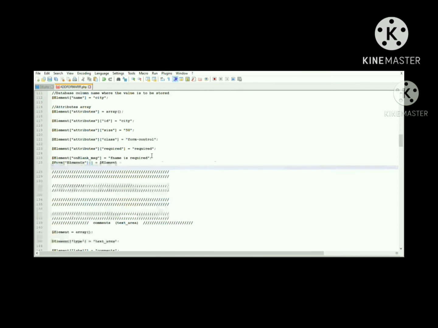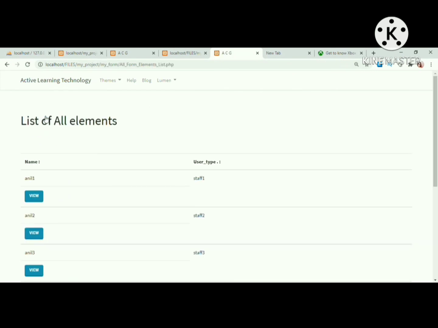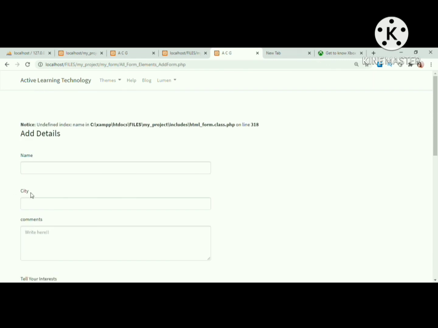And as city is required in the comment section. Now we upload it in the ACG and city is added.